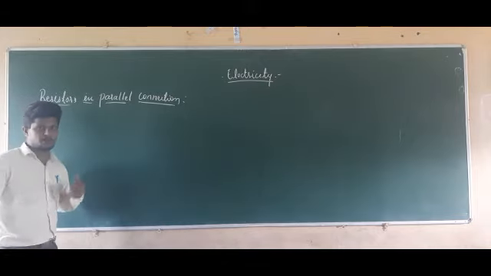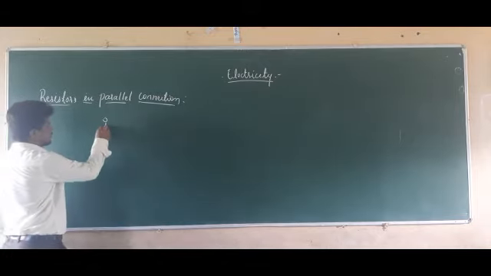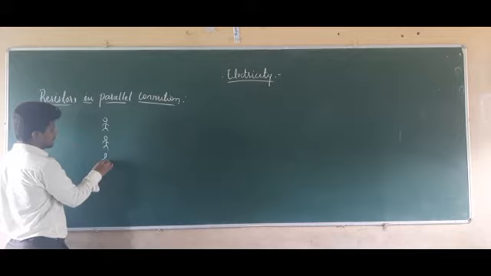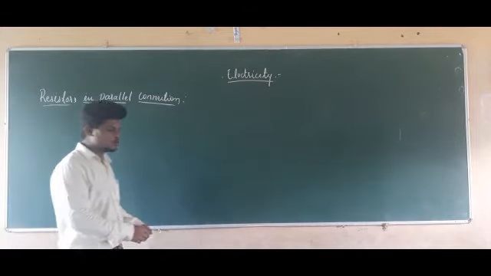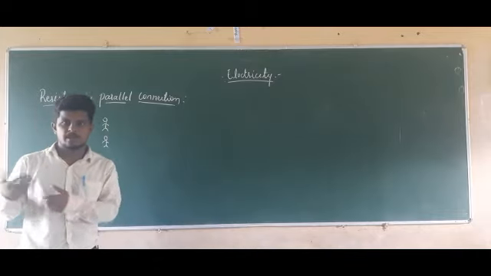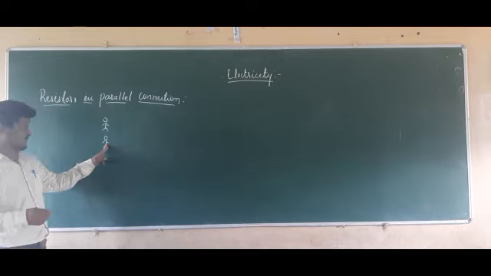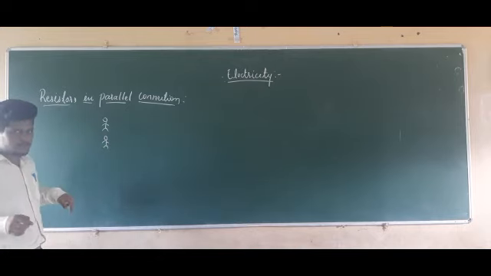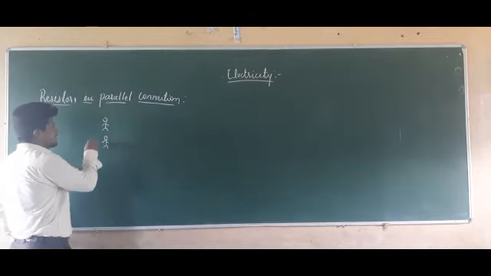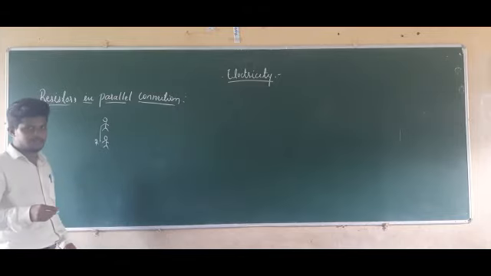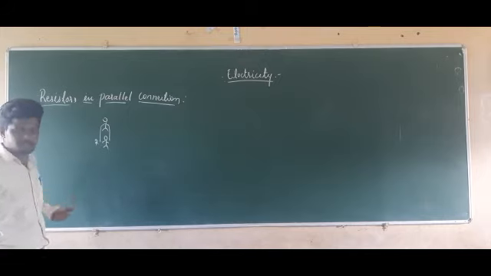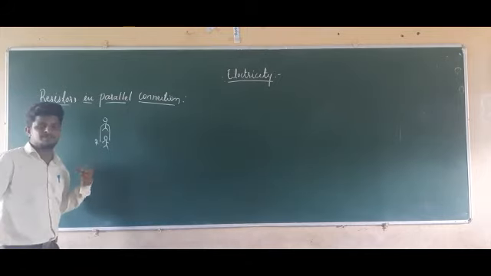Again, take the example of a few people. There are three students: the first student, the second student and the third student. Or you can take only two students here. They are standing one behind another. This student is standing behind this person. If they connect their hands, the right hand of this person is going to connect to the right hand of the other person. In the same manner, the left hand of this person is going to connect to the left hand of the other person. This type of connection is the parallel connection.